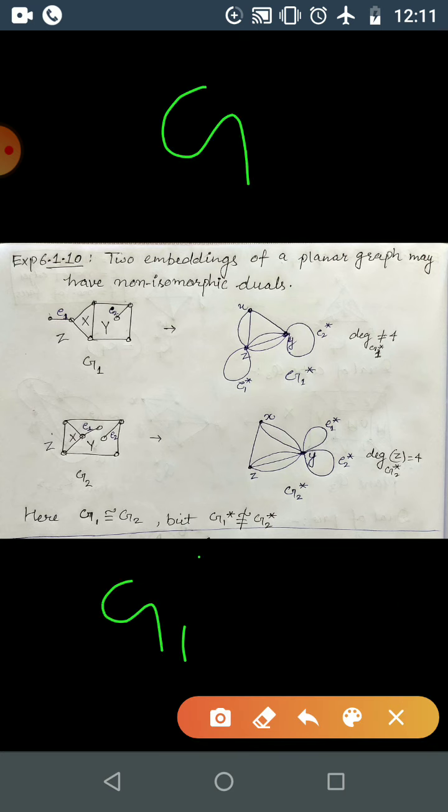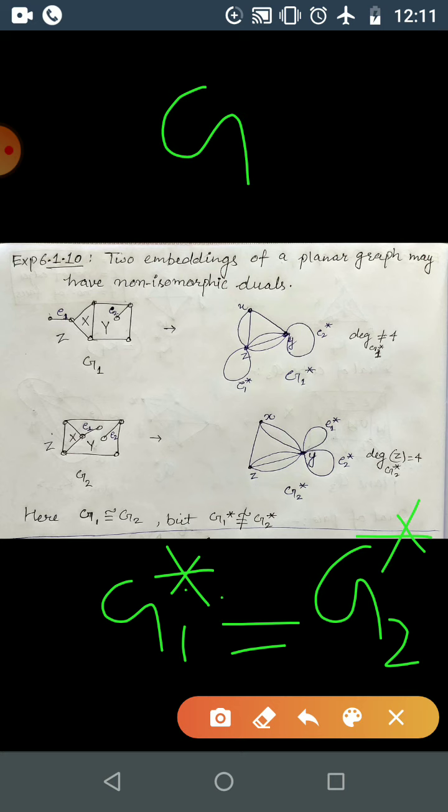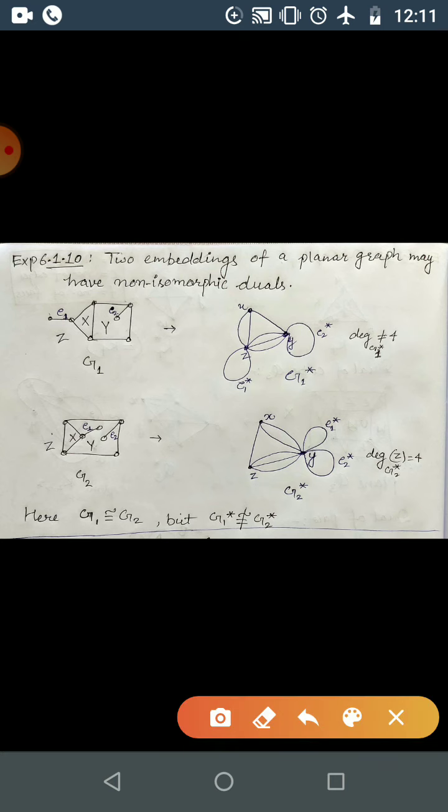So for one graph G, we are just getting G1 and G2, two duals. These may or may not be isomorphic. Okay, this is in general true. How can you calculate the dual of this graph? You will get this one. So here how many faces? 3 faces, so 3 vertices will be there, correct?